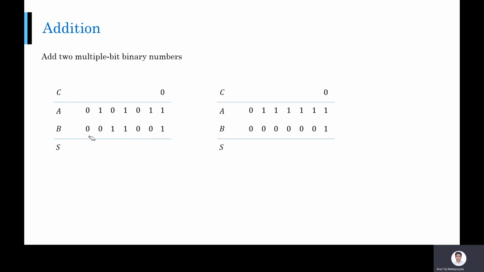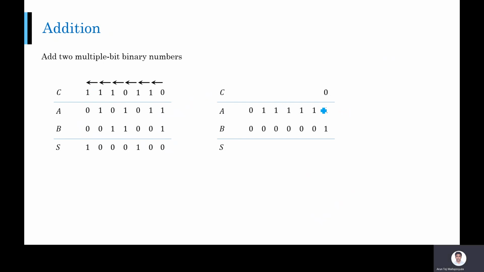At each level, whatever carry is generated, that is given to the next stage. That is how you do your normal addition, right? So 1 plus 1 is 0 with the carry 1. 1 plus 1 is 2, which is 1, 0. So 0 and 1 carry. Sum is 0, carry is 1. Then you have 1 plus 1 plus 0. Again, 0 with carry 1. 1 plus 0 plus 0 is 1. There is no carry. 1 plus 1, 0, carry 1, and so on. Right? So you can see that carry that is generated in one stage is going to the next stage.